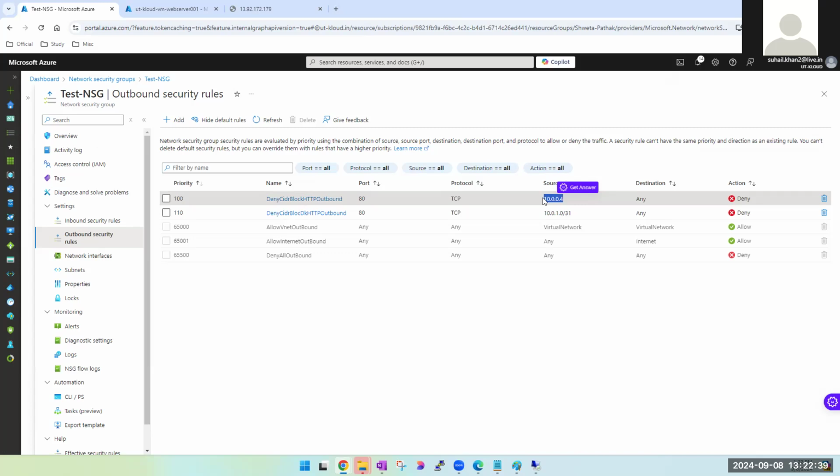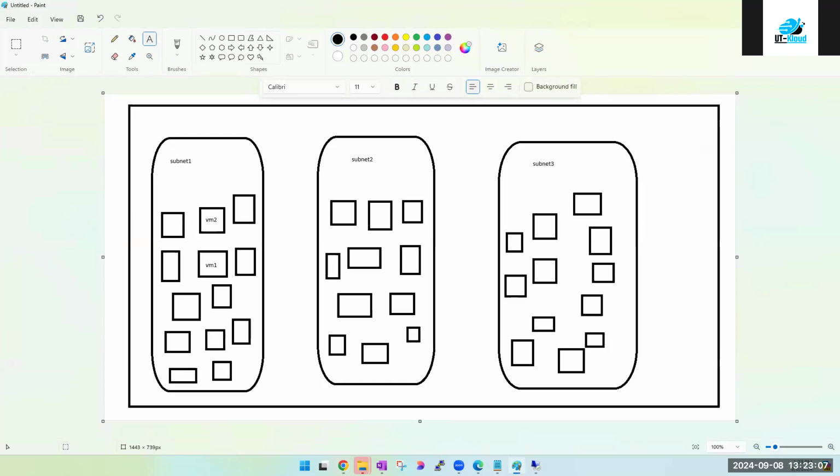Yes. But no one says that you don't need another NSG. In fact, they prefer different NSGs because if there is a machine with something like this, there are a lot of rules, and the rules are different. So they don't want to do a mix or a salad in one NSG. Right now you see very few rules here. In an actual NSG you will see 500 or 600 rules. So they prefer that I think it's a better idea. You give me another NSG, but I just wanted to show you that it is possible to have it in one NSG as well.